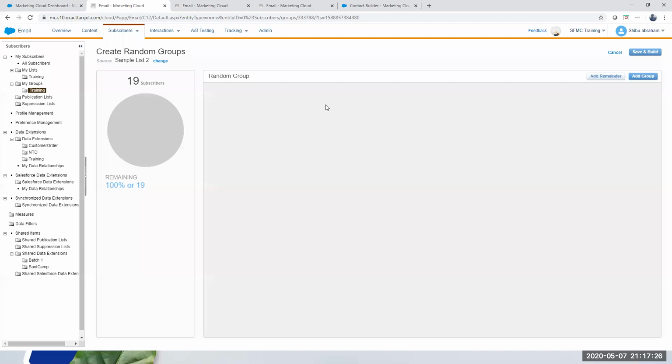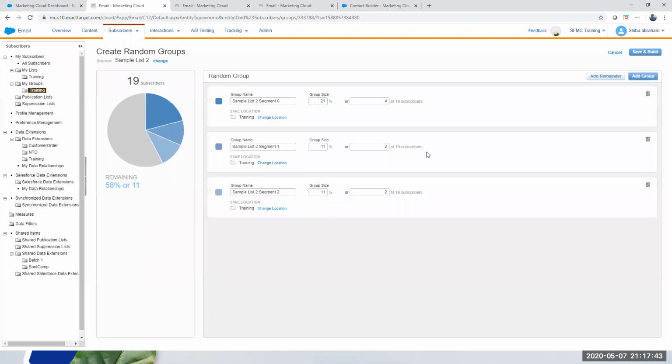If you have a campaign you want to send out, rather than sending it to a lot of people, you can randomly say, I want to select maybe 10% of people, or a number of folks. Let's say I want to send it to 20% of the folks, and I want maybe 2-3 different groups like that. So I can select that way, like 20%.